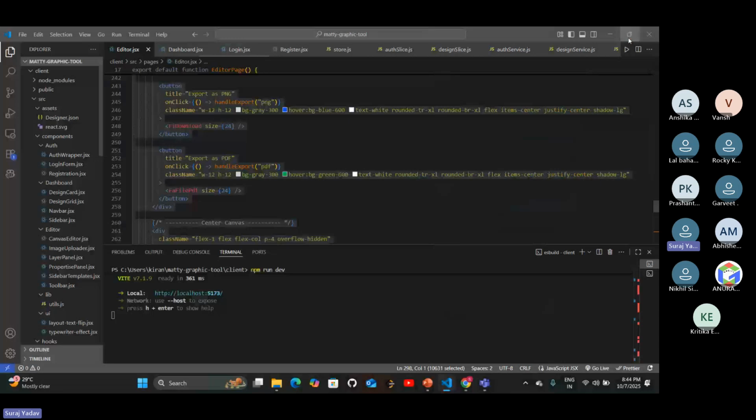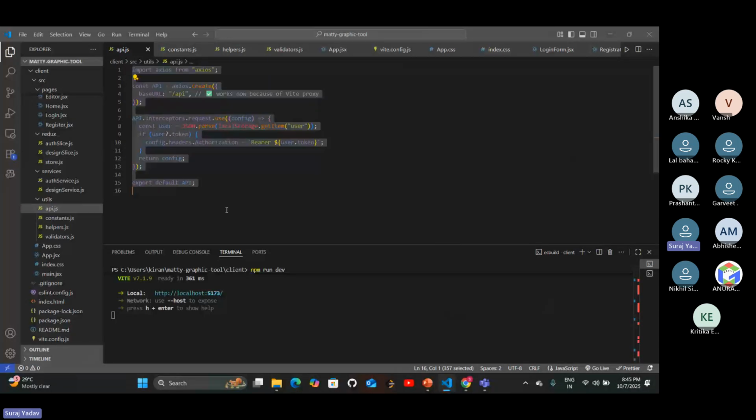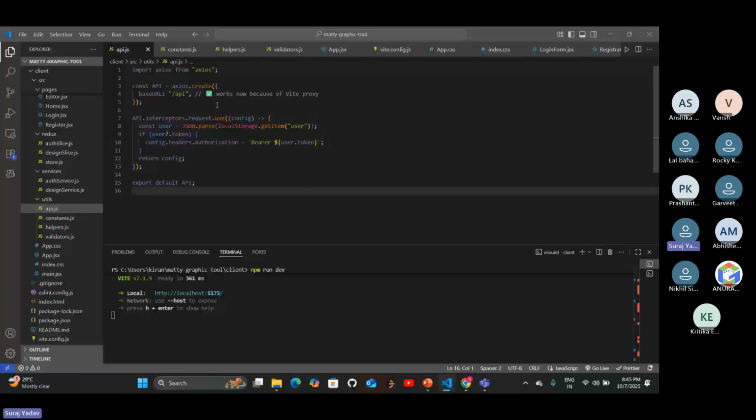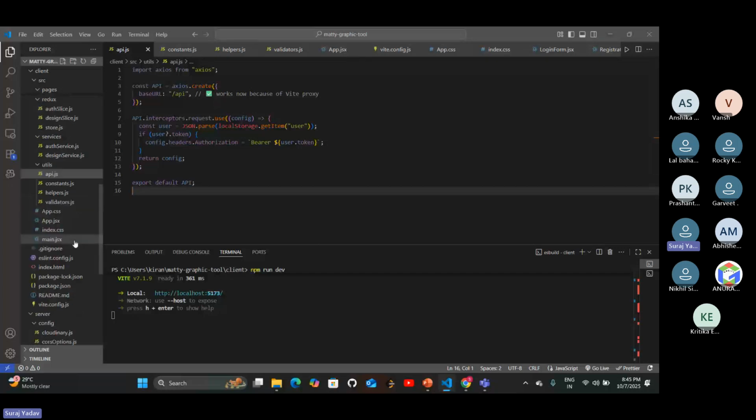So at the time of deploying the project, like on Render or Vercel, I have to change the link from localhost to Render or Vercel, so it can easily change the link across the whole of the pages. So that's my front end part, as you have seen, with business card templates, certificate templates, Instagram templates,